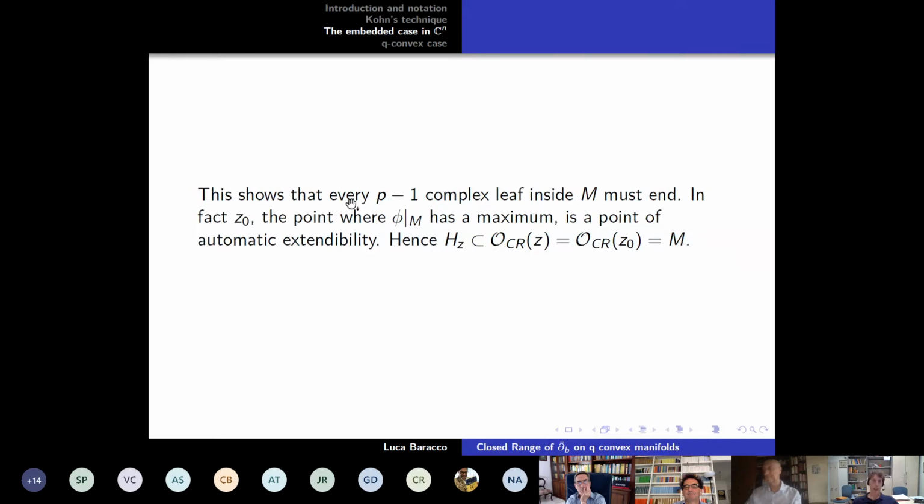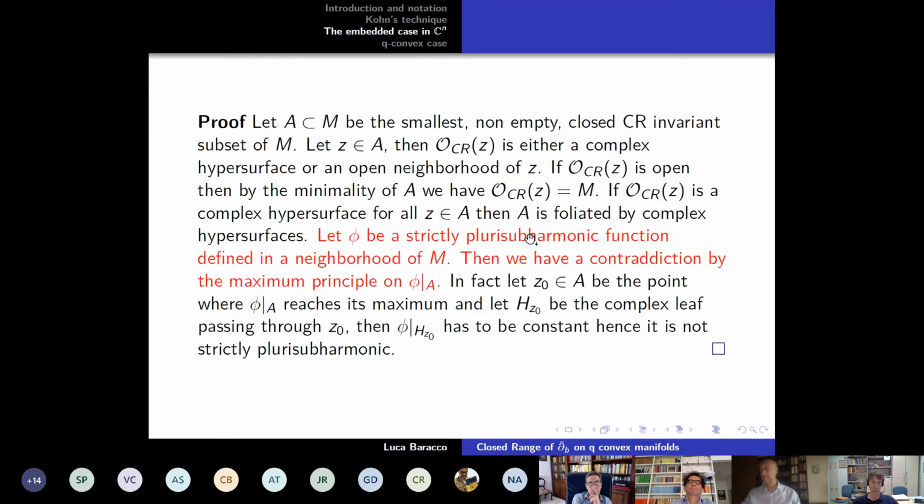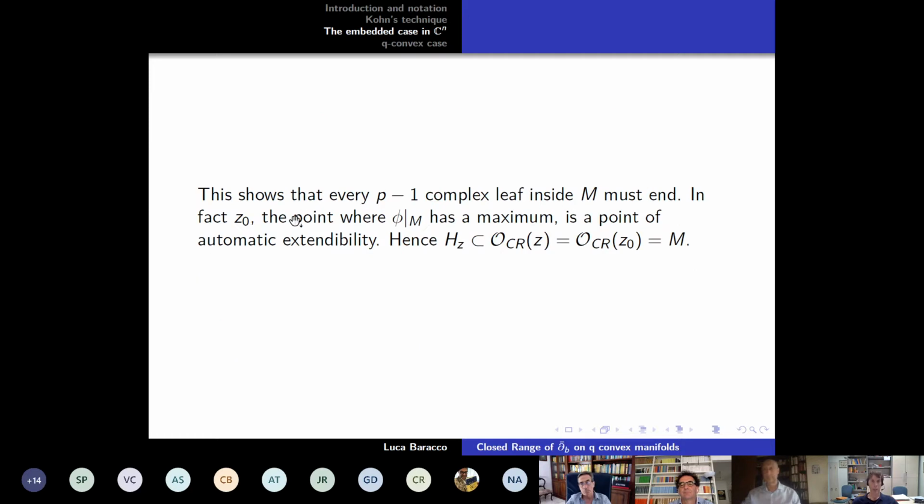Okay, so this shows that every p minus 1 complex leaf inside M must end at a point of forced extension. In fact, we do have a point of automatic extension on M. For instance, take the point where phi reaches its maximum on N. Then, as we just proved, there cannot be any complex leaf through Z naught, so that is a point